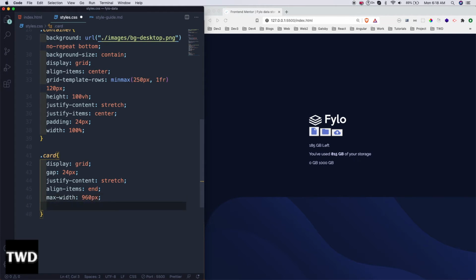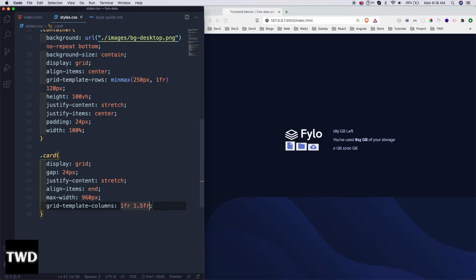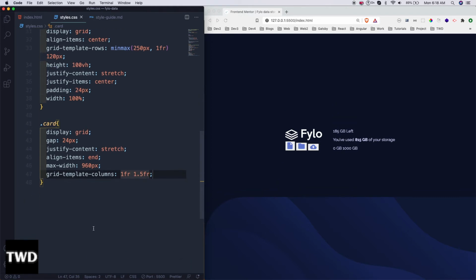And the main thing which we need to do now is grid template columns, 1fr and 1.5fr, and so they are side by side. So we have created two columns, and now they are side by side, and one of the major layouts